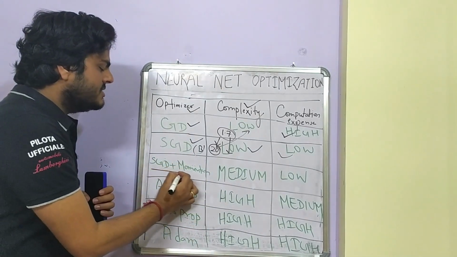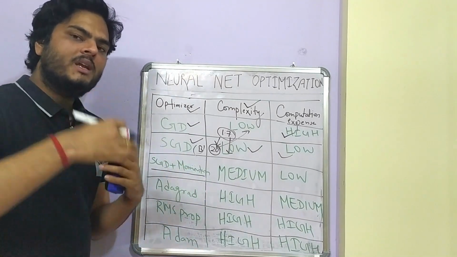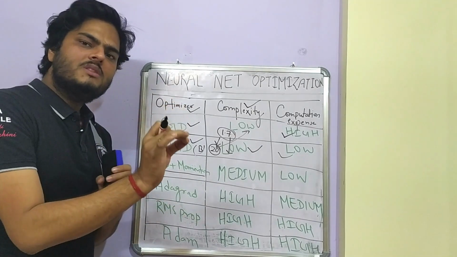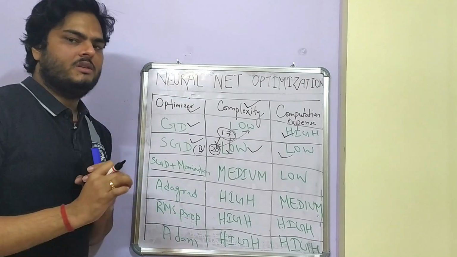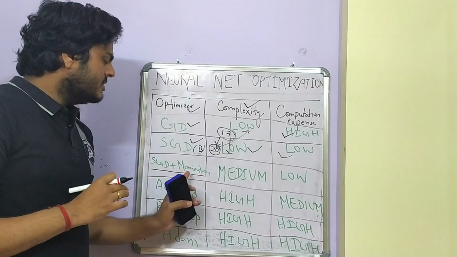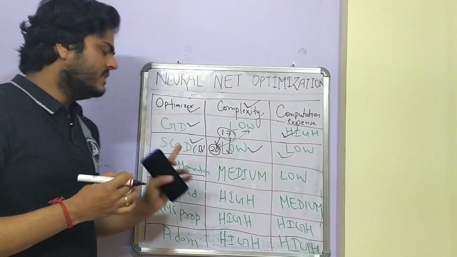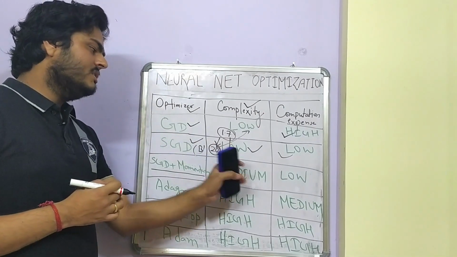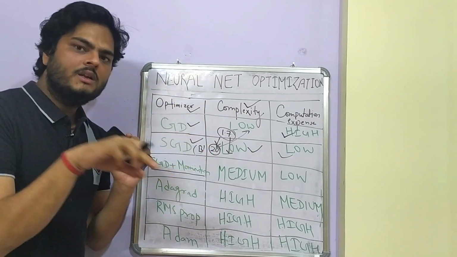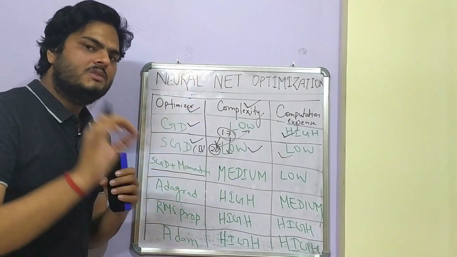What is the third option? The third option is using SGD with momentum. Now what is momentum? Momentum is an additional parameter with mini batch stochastic gradient descent that smoothens the convergence of the weight. As I was explaining in my theoretical video, the purpose of momentum is to speed up the process of convergence. In the earlier case, as I told you, the variance will be too high and weights will move here and there many times. If you include momentum, the weights will converge faster.